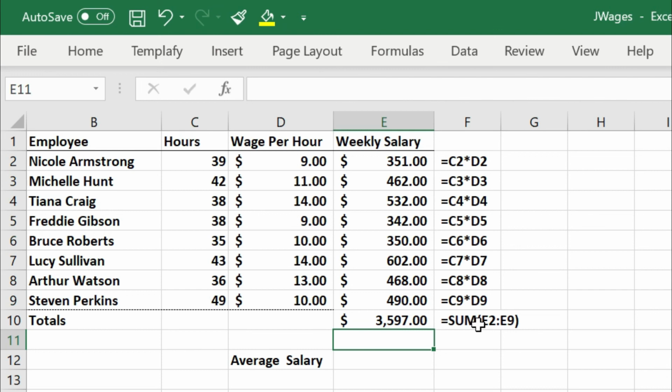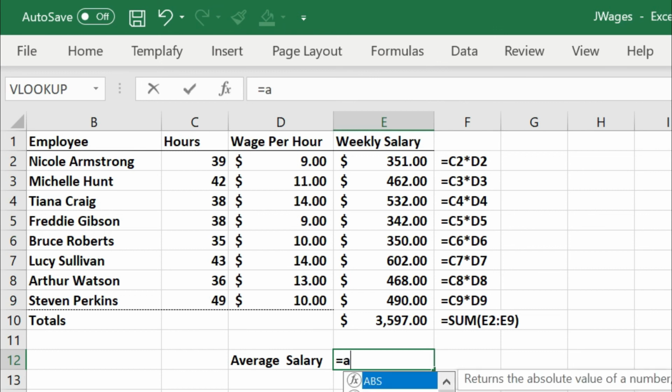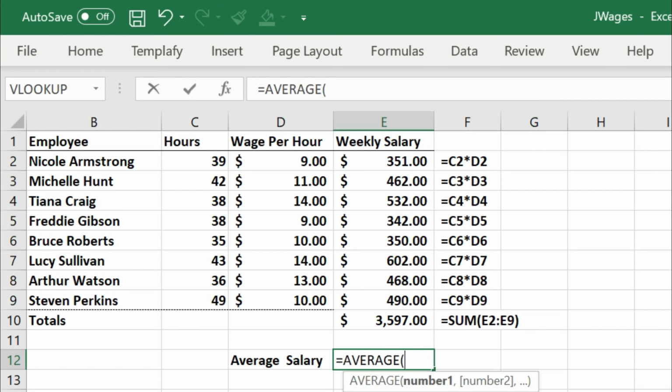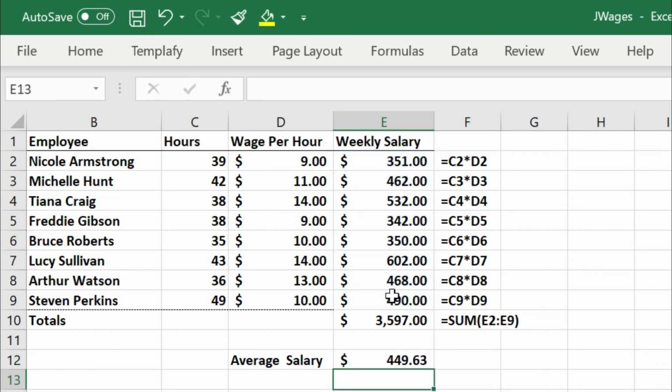Now my next task is I just want to compute the average salary of all our resources. For that I'll make use of the average function available in Excel. So in a similar way I'll type average, and the average function has appeared, and I'll press the tab button and I'll select from cell E2 through E9, then press enter. Then I got the result, the average salary for all my employees. Okay, perfect. So that is the total solution for this business challenge. I hope you like it.